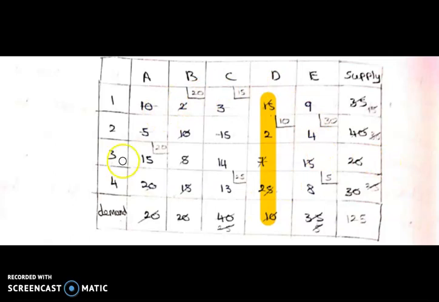Next we choose the minimum value in the entire table, not considering the column whose value is now 0. Again I choose the minimum value, which is 2. Here the demand value is 20 and the supply value is 30, so the remaining value is 15. This column is eliminated, with no further use. Similarly, we repeat this process until total supply and total demand are fully assigned, with no remaining value; each and every value should be 0.